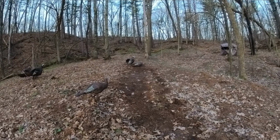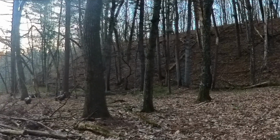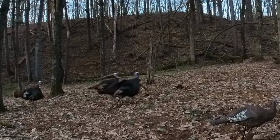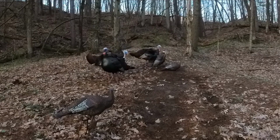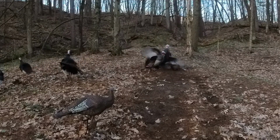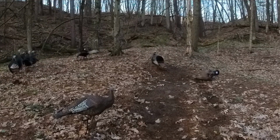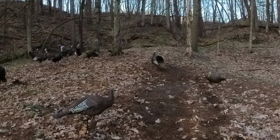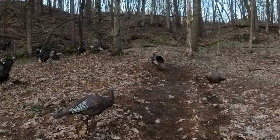And sure enough, they kind of all met at the decoys at the same time. I don't know how many toms we had at the decoys there when I shot this bird, but I got a little jumpy and shot this bird low. Took out one of his legs, and he just struggled off over this little knob, and there's probably 7 or 8 jakes that are finishing the job for me, so we're just gonna try to let it settle down in here and let these birds filter out of here before we go over